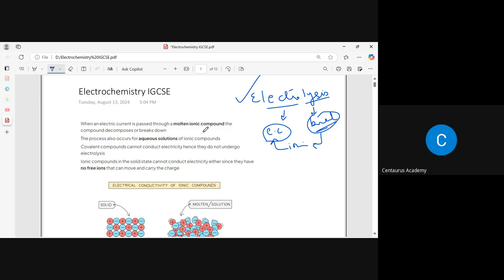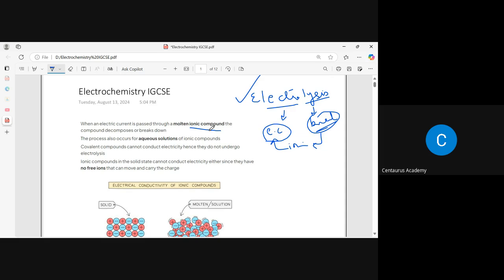So why are we only referring to ionic compounds here? Why not any covalent compounds? We have discussed the chemical bonding of ionic compounds and covalent compounds. We know that metals, or those elements which have metallic bonding, are able to conduct electricity. They are good conductors of electricity. Why? Because they have,